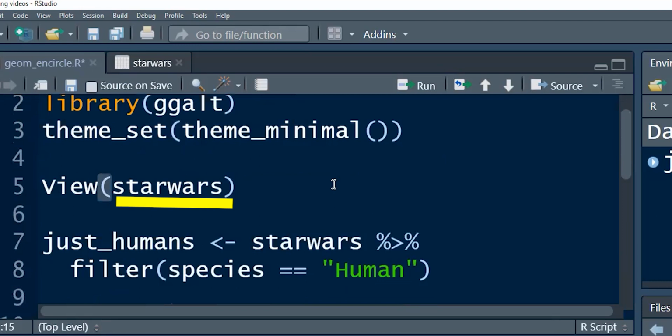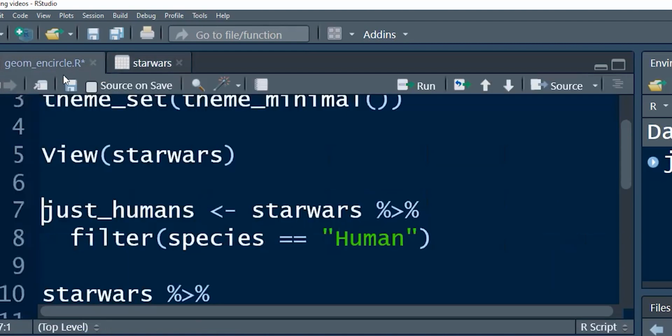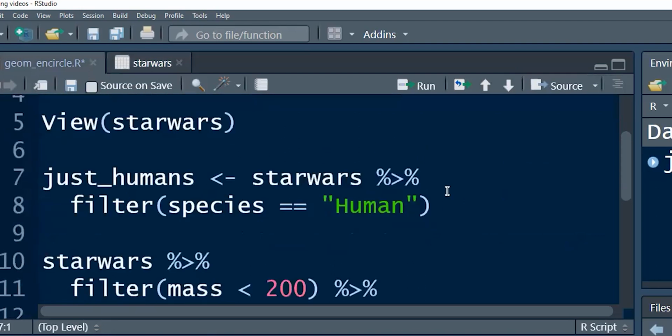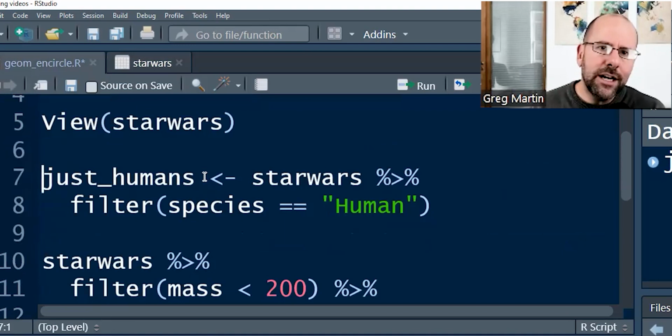We're working with the data set Star Wars. Just to show you, Star Wars is a built-in data set. So once you've installed the tidyverse, you have access to this data set and you can practice exactly what I'm doing today at home on your computer. It's a lovely data set that has the Star Wars characters and a couple of characteristics with respect to them. This line of code here, I've created an object called just_humans because when I create the plot, when